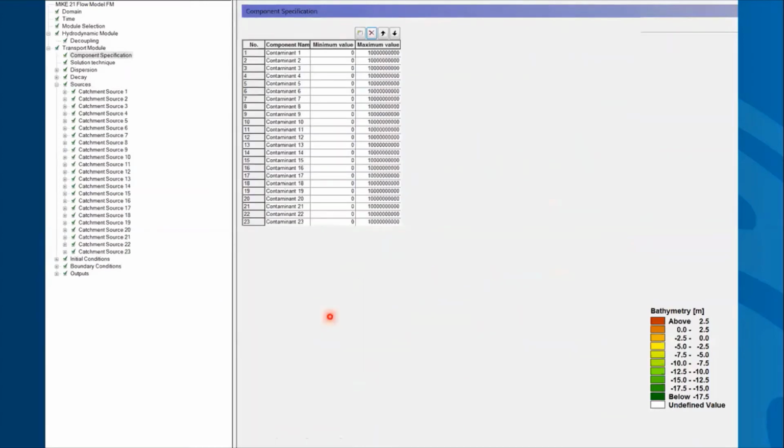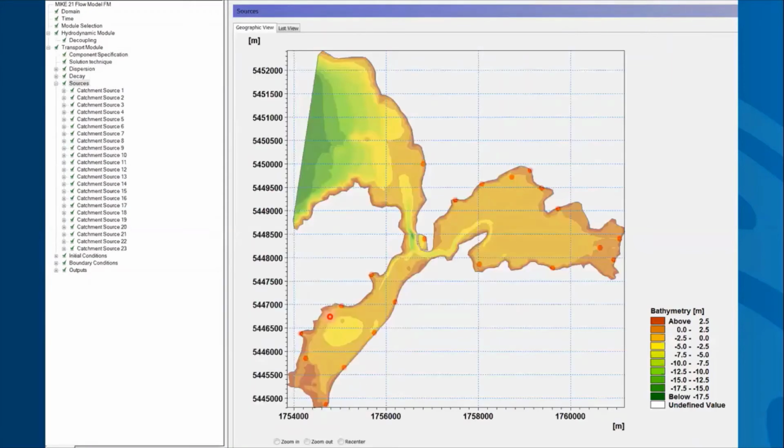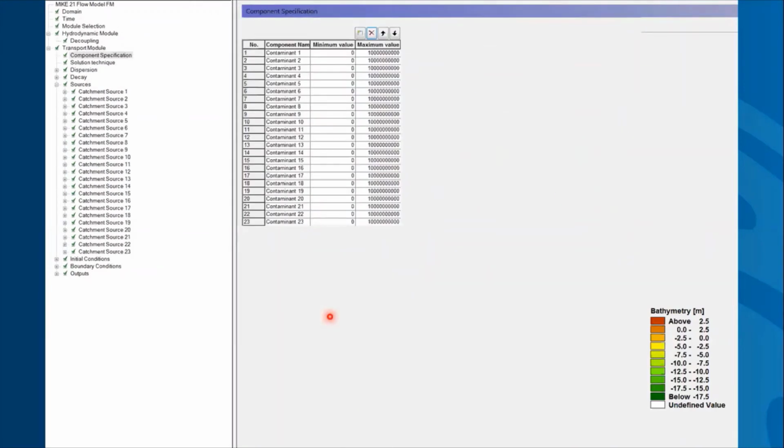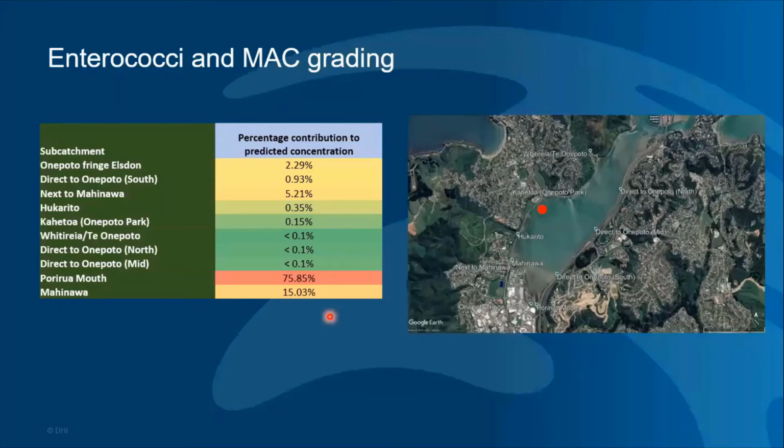So for each catchment outlet, we have a unique name for the enterococci, and then post-process that data to derive the total predicted concentrations. So what can we do with the model? Again, we can identify particular sites. Here we've got a recreational site of interest to Greater Wellington Regional Council, and we can use the model